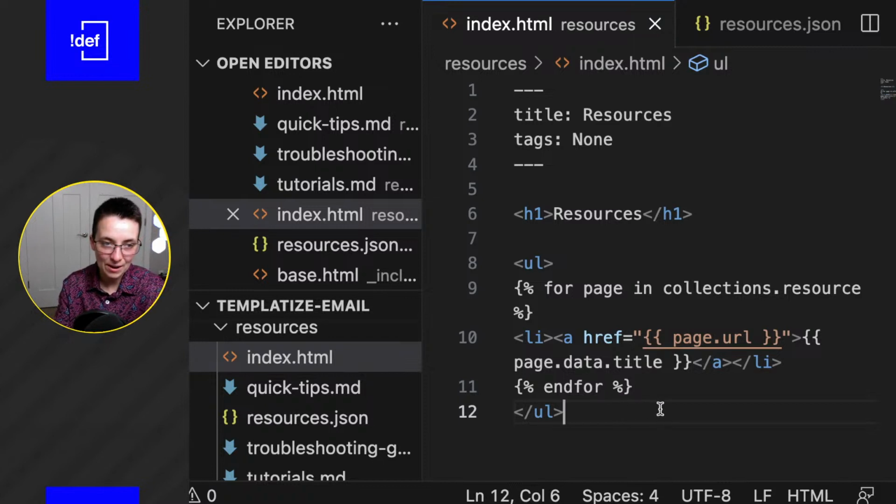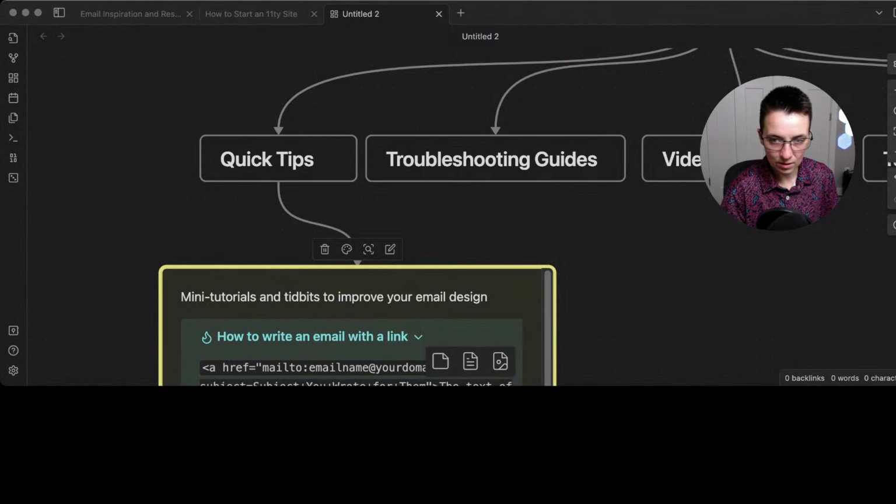So we have our structure, right? We have at least a resources page where we have those couple of child pages in there. The next thing I want to tackle in this live stream, at least, is let's try and figure out how to grab one of these cards here that I have. So if we go back into Obsidian,